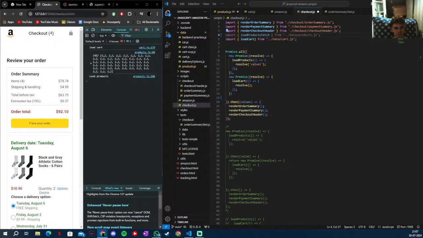And we can give load cart a function to run when it's finished. So we'll type brackets, arrow, and curly brackets. Once load cart is finished, it runs this function, and then inside here, we're going to call resolve so that we move to the next step. So here, we'll call resolve and brackets. So now this will go to the next step, and we currently don't have a next step to this promise. So let's add the next step. At the end, to add another step, we're going to use dot then brackets,